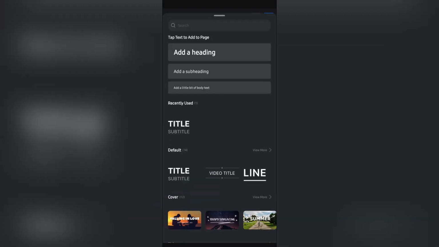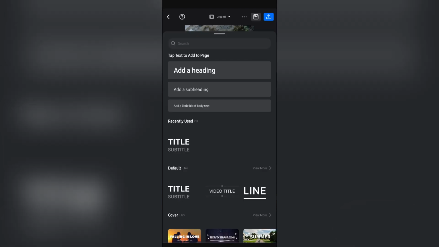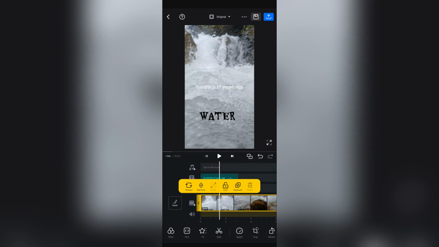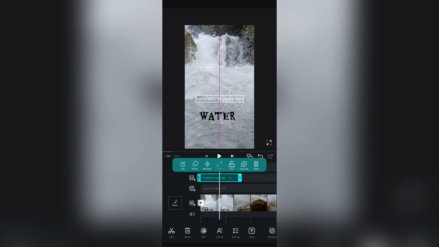a subtitle option and select the text from here. Any of these options such as heading, subheading and a little body, which doesn't matter a lot because you can zoom in and out, and after this just simply type your subtitles which you would like to add. Then just simply tap to check button, and after that select this subtitle again, and after tapping in there, now